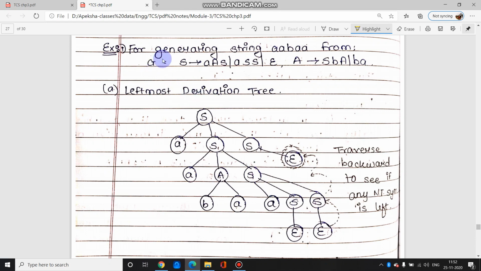The leftmost derivation for the given grammar. So if you see, इसको इन डिटेल में करना है. Just because this is the first example, I have done it in the single tree. It says S gives A, S, and S also gives A, S, and epsilon. So we'll start with S gives A, S, because we can substitute it more over here. So S gives A, S.